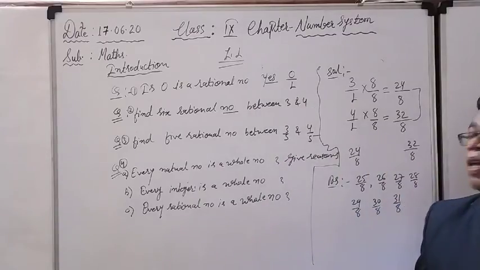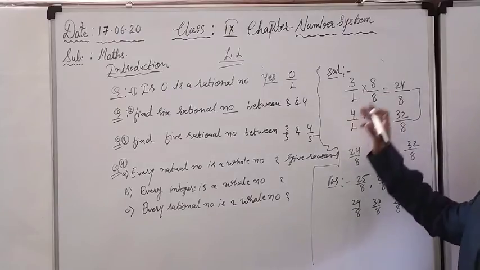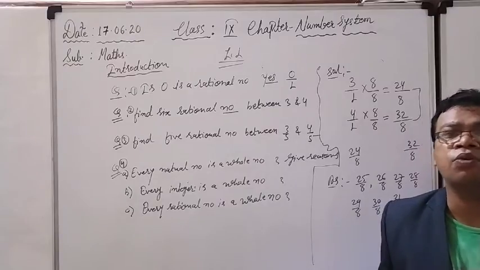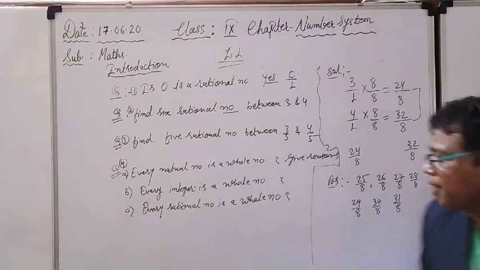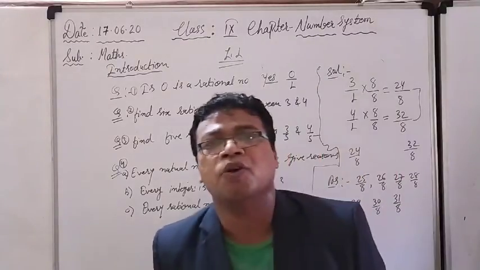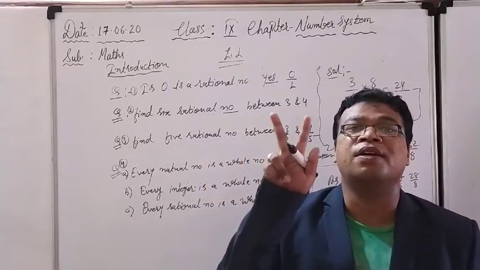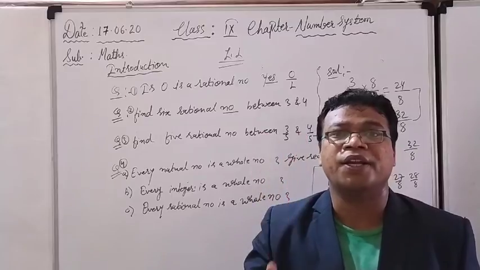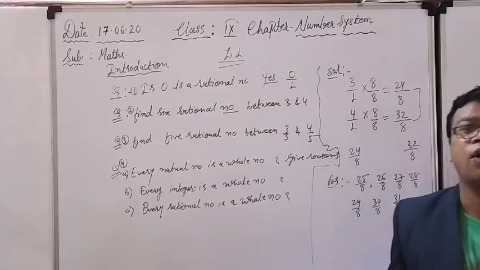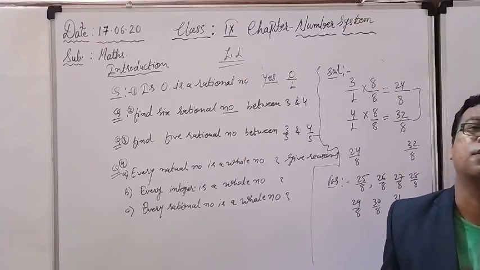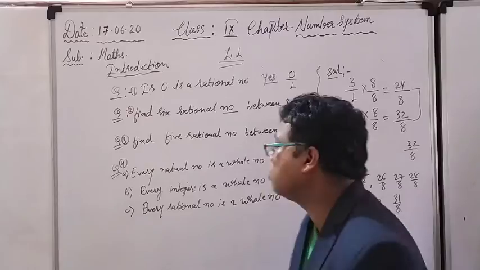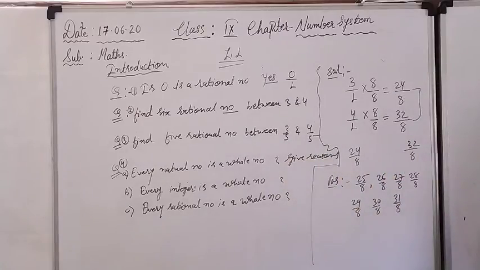So nothing is there. If you face this kind of situation, wherever you have to take the denominator 1, then however many rational numbers it is asking for, you just multiply by some bigger number, and after that you can find so many rational numbers between the two. Why? Because there are infinite rational numbers between two rational numbers. If I multiply with some bigger digits, I can find more numbers, and again I can find more. There are countless, infinite rational numbers between two rational numbers. So this was the solution. We know it.